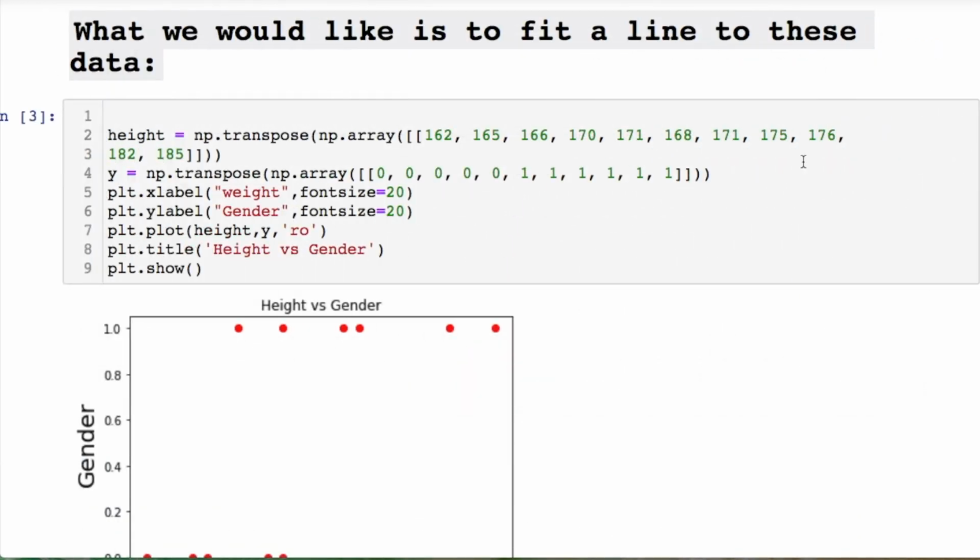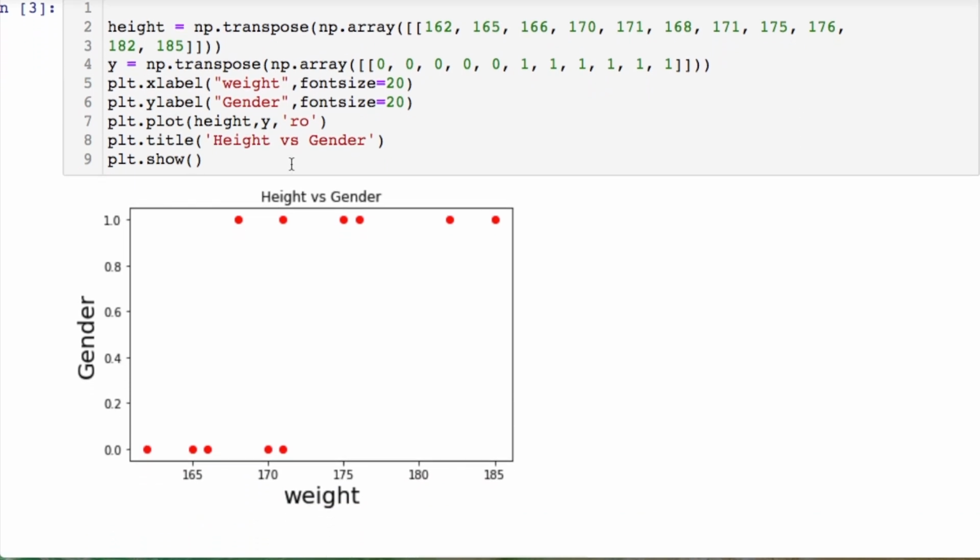What we would like to fit is, say we have some data relative to gender, which is on the y-axis, and weight, and here are our values. And we would like to distinguish, based on these values, what is a male and what is a female. When you're getting these probability predictions, you're basing it off of y equals 1, so a true value, okay? So whatever your true value is. We could say that this is a male for our true value, whatever. But that's what it looks like.